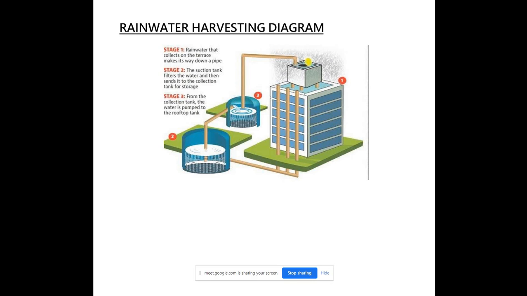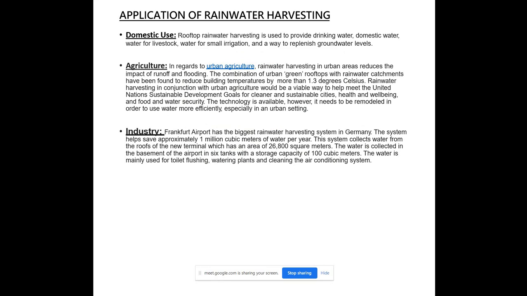Domestic use. Rooftop rainwater harvesting is used to provide drinking water, domestic water, water for livestock, water for small irrigation, and a way to replenish groundwater levels. Agriculture. In regards to urban agriculture, rainwater harvesting in urban areas reduces the impact of runoff and flooding. The combination of urban green rooftops with rainwater catchment has been found to reduce building temperatures by more than 1.3 degrees Celsius. Rainwater harvesting in conjunction with